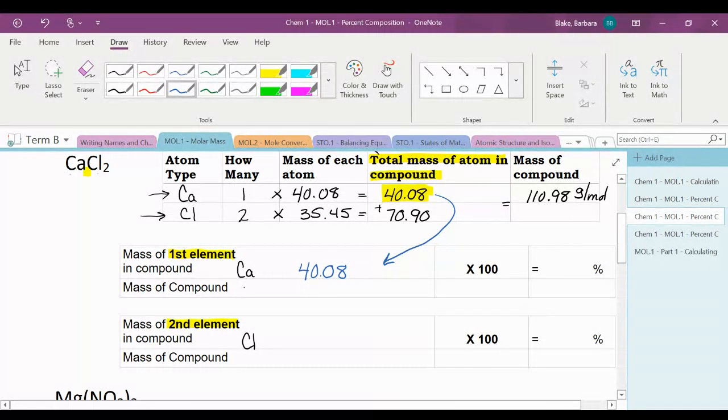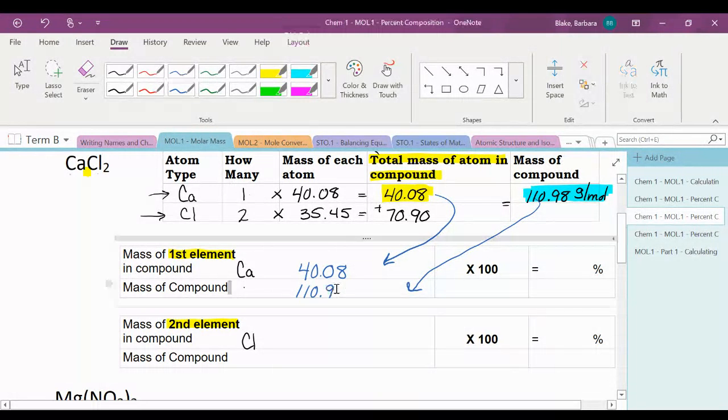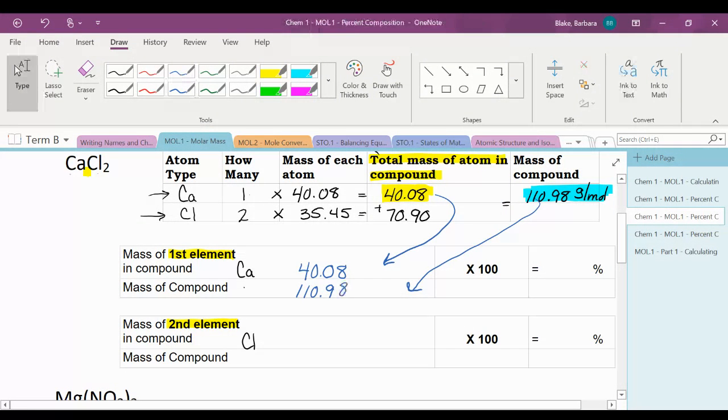Okay, and I'm going to divide that by the mass of the compound. So that's going to be this piece right here. So I'm going to take this mass of the compound and I'm going to fill that in down here. So I'm going to take this 110.98,